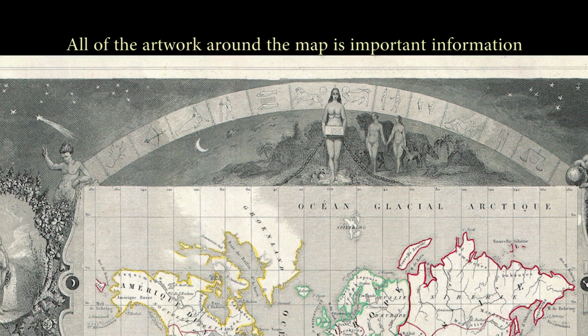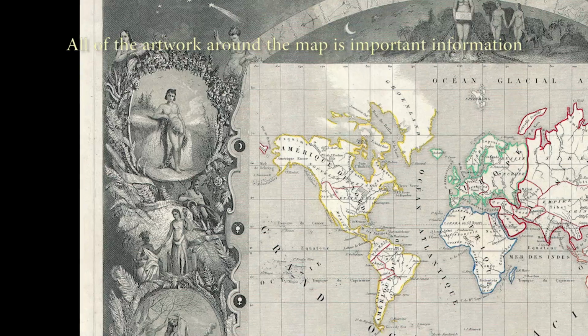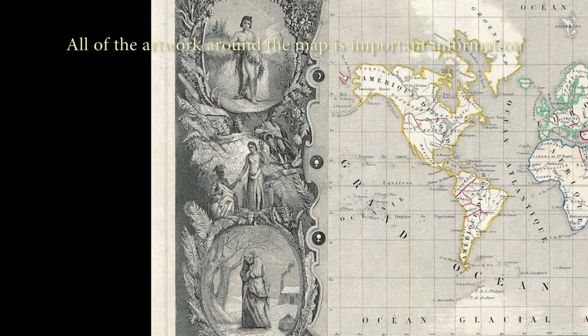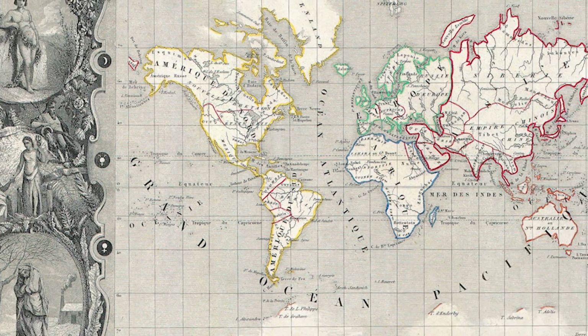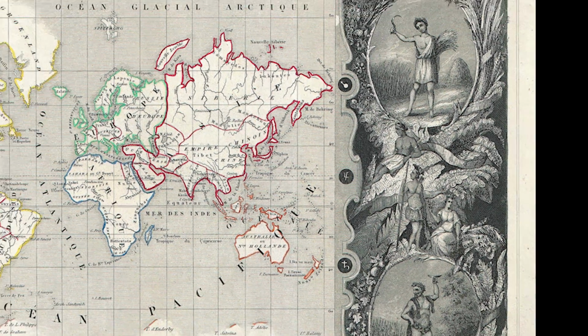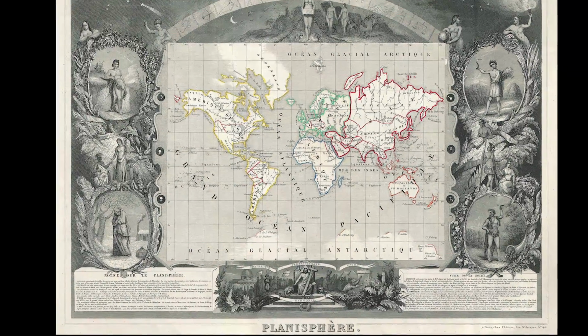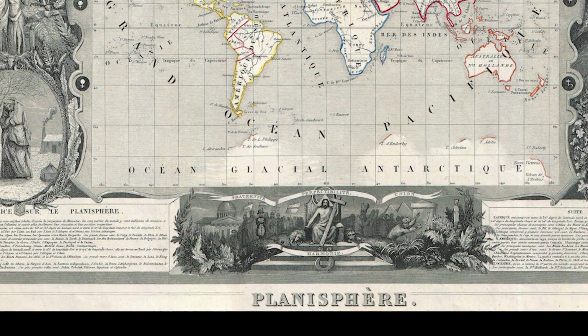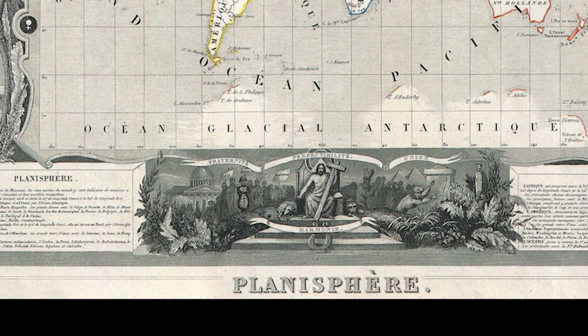It has to do with the sun, but in these old maps and many of the old things, there's the seasons, and I'm going to zoom in here. You'll see planetary symbols, moon symbols. There's some more seasons in the outer band, more planetary symbols. You'll see the equator going straight across the center of this map. There's more information at the bottom. This is not just artwork. This is all important information.